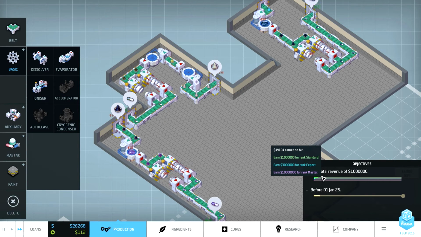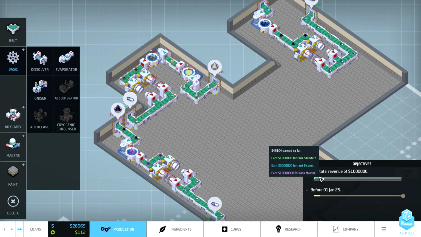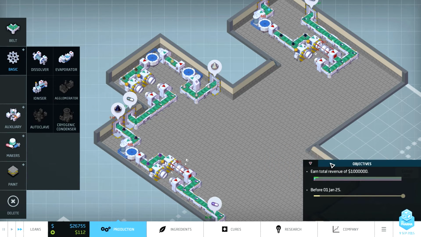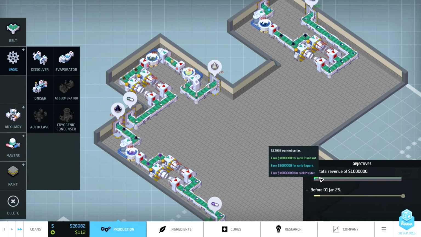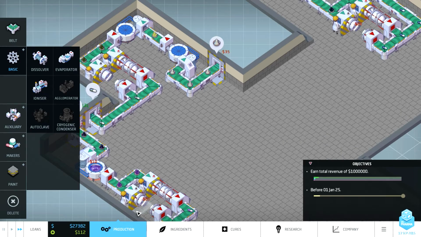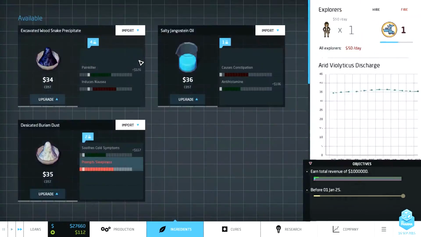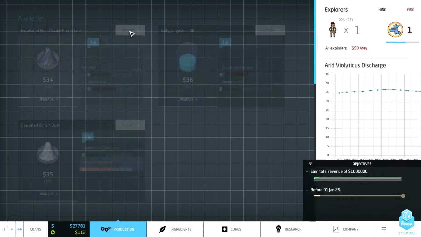So this is showing us how far across we are. Yeah. So we've only made $50,000 at the top there of that little box that's hovering there. So we're making progress. I guess if this green bar is above this yellow bar, then we're probably pretty good. What I want to do though is get some more painkillers, because if I input these,